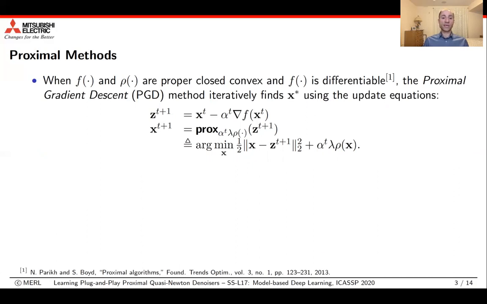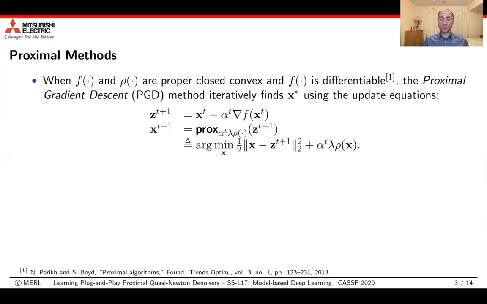Specifically when the functions f and rho are proper closed convex, and when f is differentiable, then we can use the proximal gradient descent method, which is a first order method, that iteratively finds x star by using the update equations, where you have an intermediate variable z, which is equal to x_t minus alpha times the gradient of f. So that's a standard gradient descent step. That's called the forward step. And then the backward step is you apply the proximal mapping operator with respect to alpha lambda rho to the